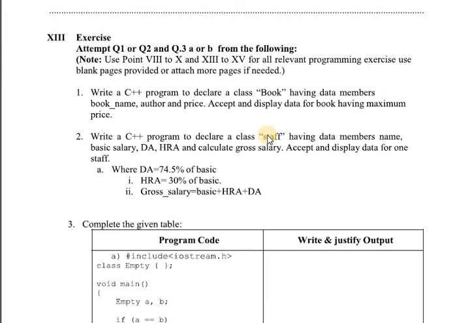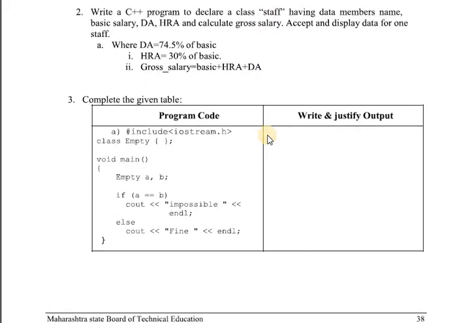Now, what is the third question? This is the program code and we have to write the output of this program. So the output of this program is